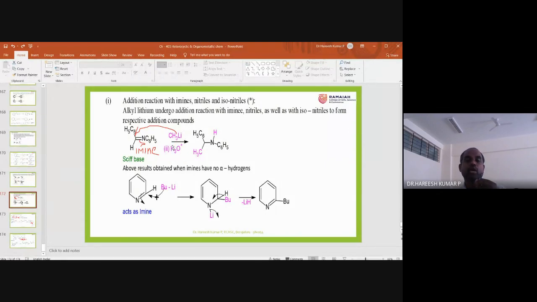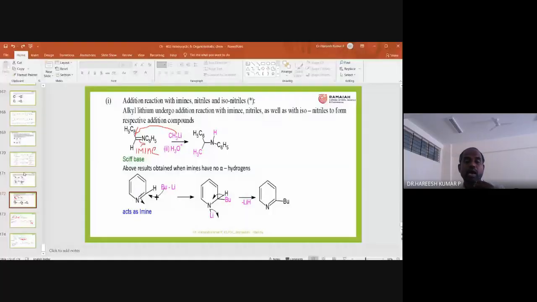H3O+ is a proton source, and H3O+ is called hydronium ion. So that is how a product is obtained. You can observe that here a methyl is from the Grignard, meaning organolithium, and the proton is from the